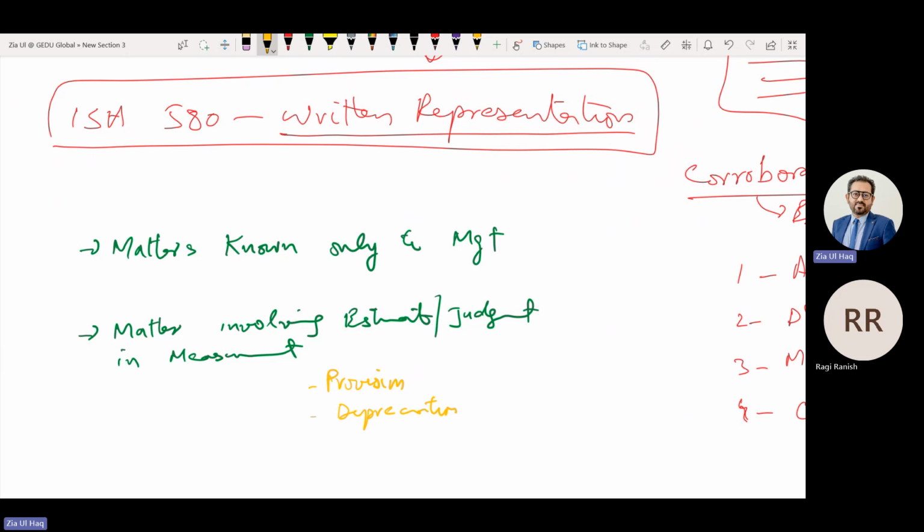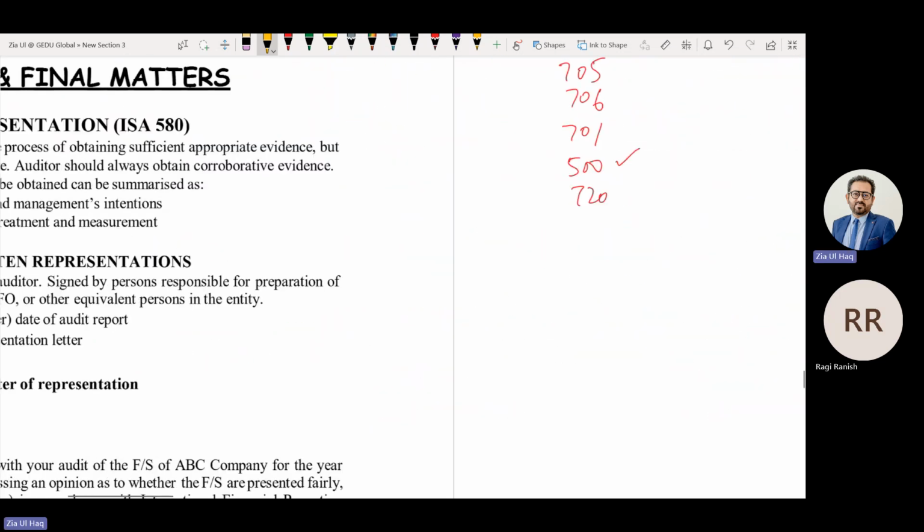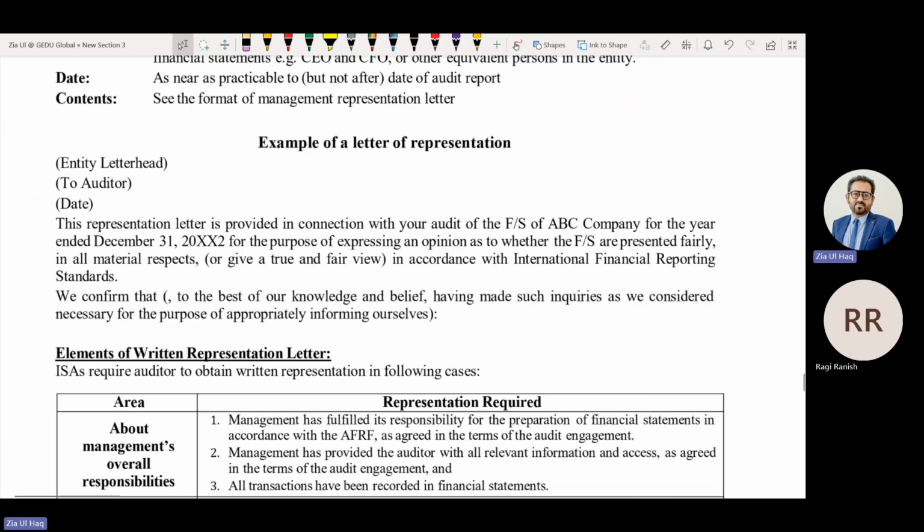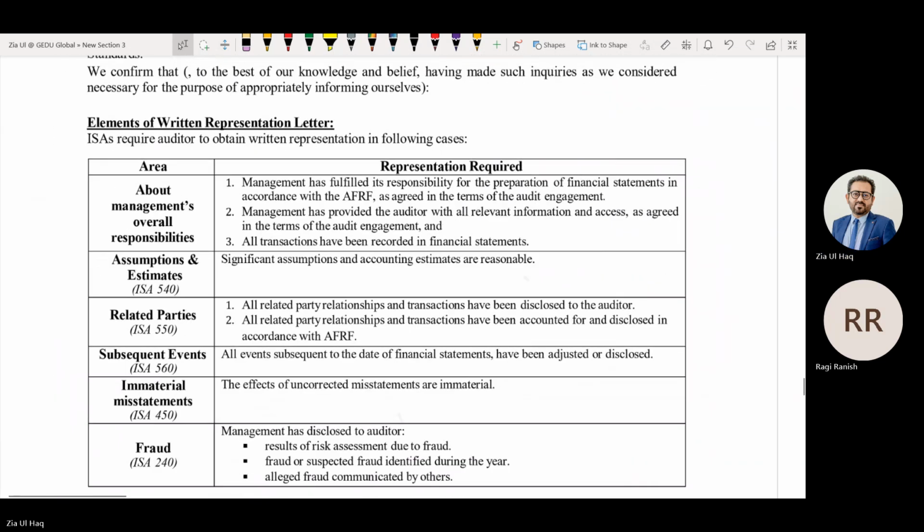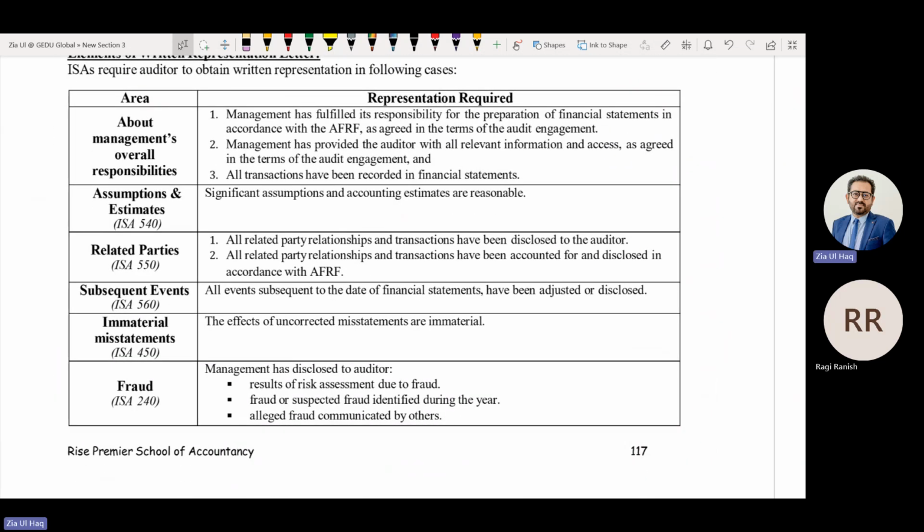There are certain matters in the financial statements that are known only to management. At the end of every audit, we require some compulsory representation. What are those matters? There is a list. Matters known only to management are management responsibility.